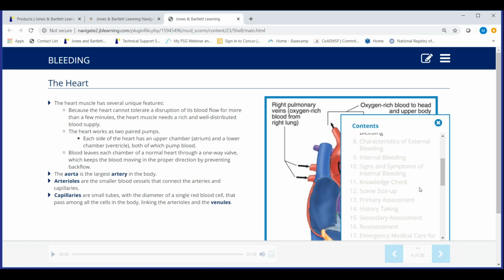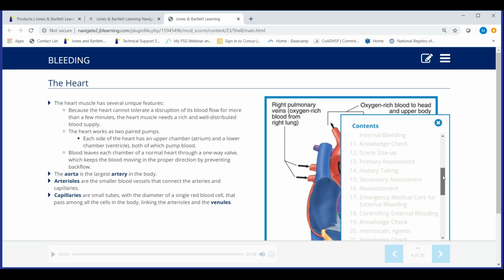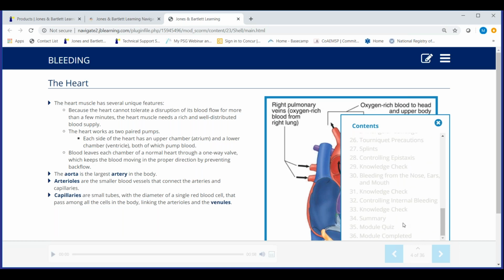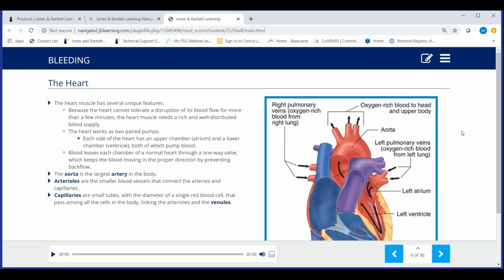There are knowledge check questions in here as well. These questions, just like the ebook, are a resource for our students. They don't report to the grade book. But again, just like the ebook, there's a module quiz at the end. This will report to the grade book for both the student and the instructor. So it's a great way for us to track